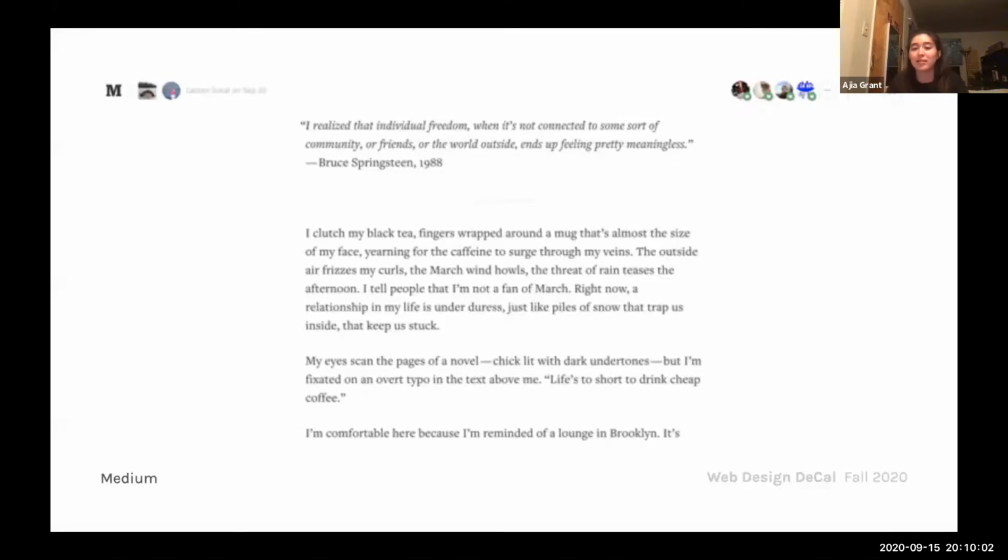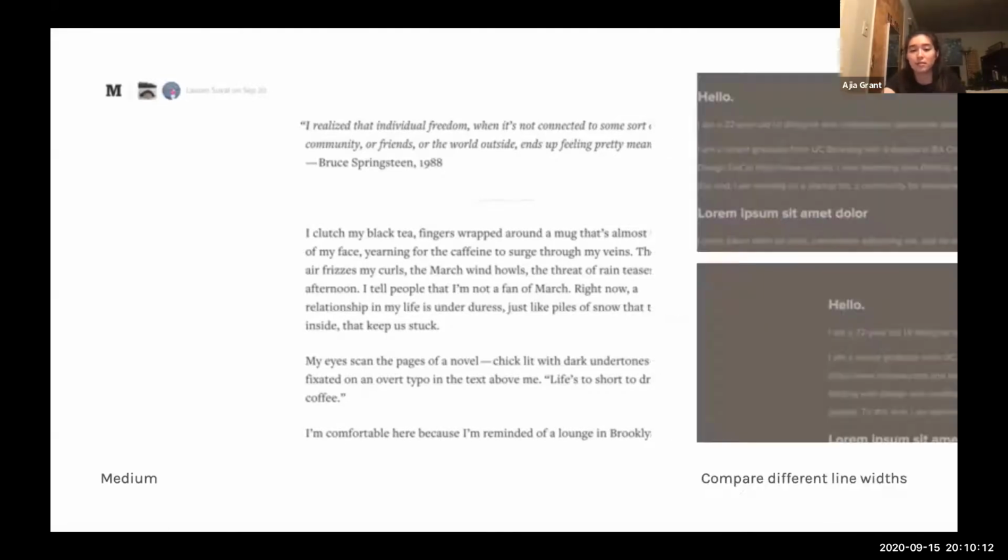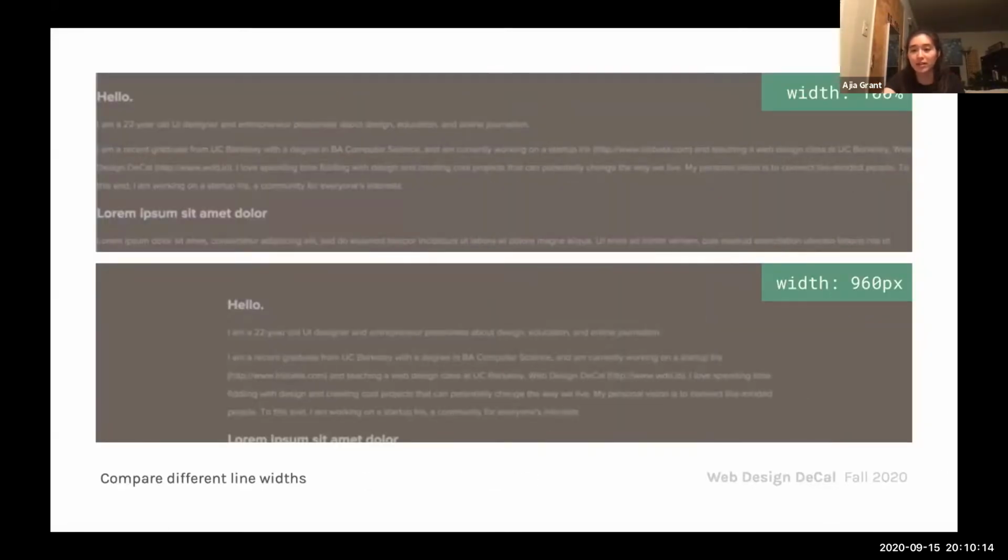But as you can see, the text that they have is only within the middle, and you don't have to look back and forth that far to read what's on the page. So yeah, you can compare the differences here. The top one, text goes all the way across, and the bottom one already looks better, even though the only thing that's different is the line width. It's much shorter.